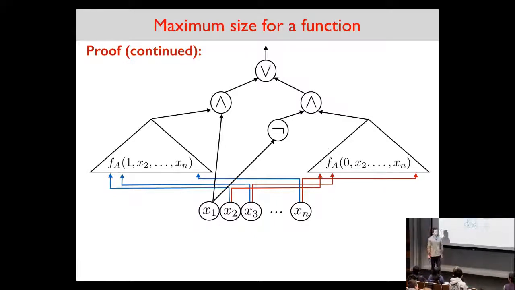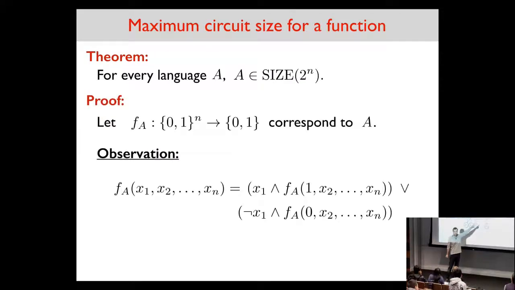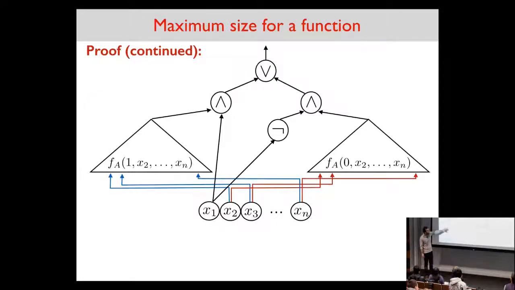You recursively compute it, right? So you have a circuit that computes f_A when the first input is fixed to 1. You have another circuit that computes f_A where the first input is fixed to 0. Here are my inputs, x2 to xn, feeding into the left subcircuit and the right subcircuit, right? And then I take x1, I AND it with the output of this one. I then negate it and AND it with the output of that one. So basically you draw the picture, and it's this,